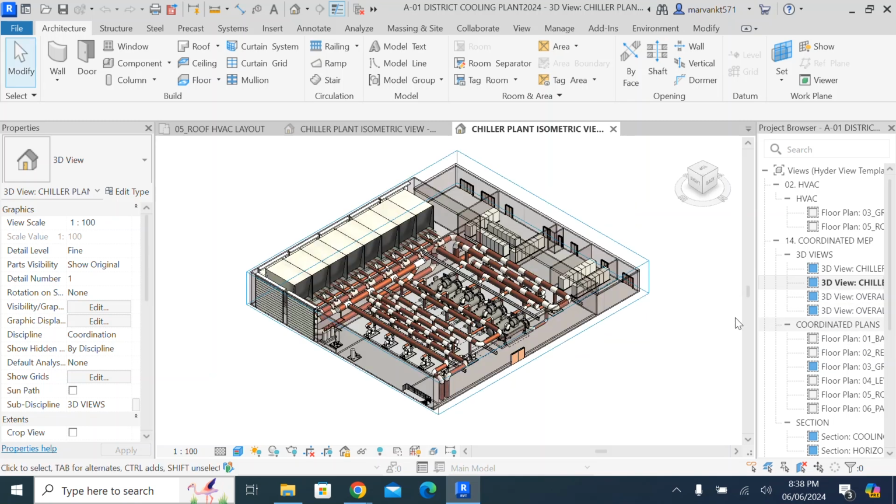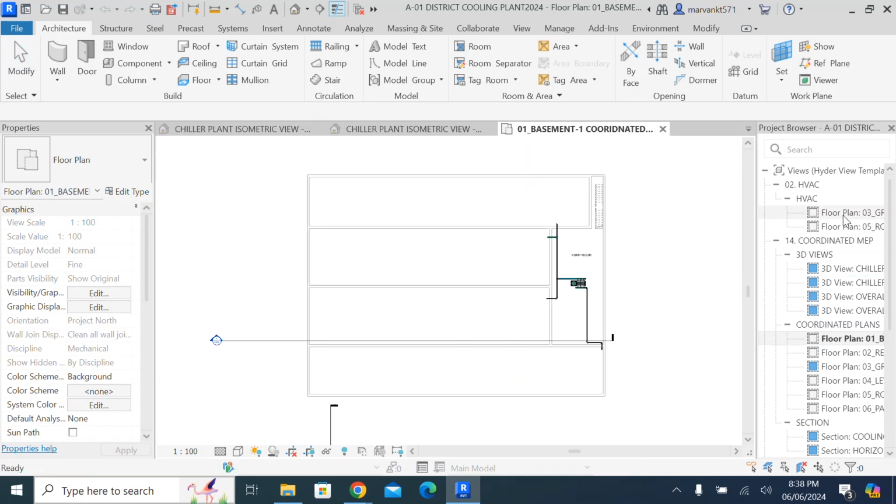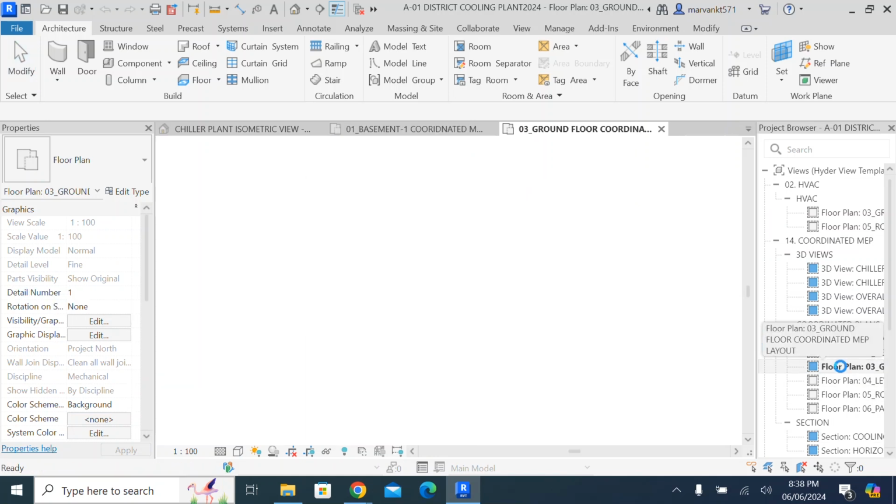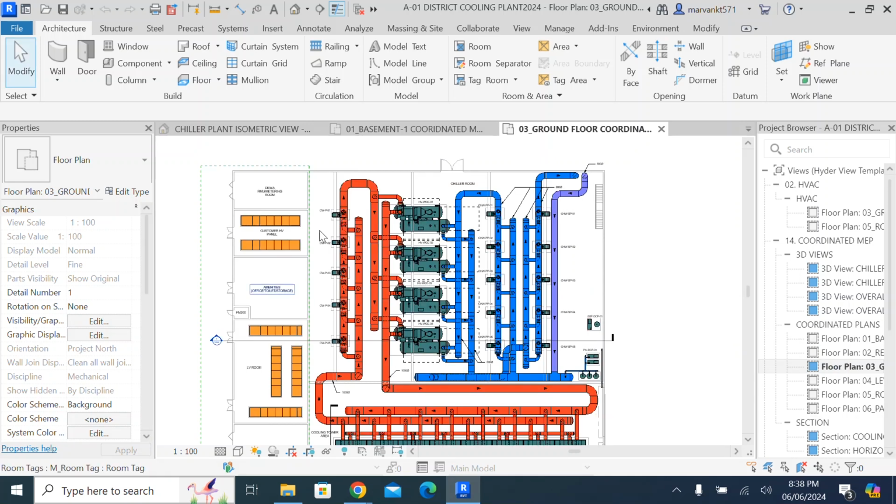Okay, but anyway, just understand this is the way we develop the project. And you can see the coordination plan over here. This is separately the HVAC plan we have seen. Then you can see the coordination plan, and you can see the sections. This is the main coordination plan. Then you can see here